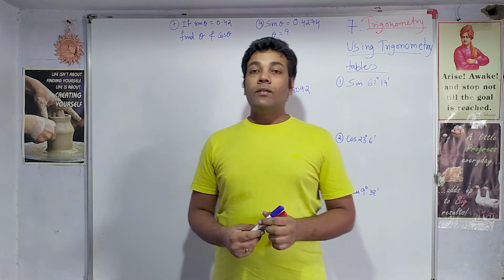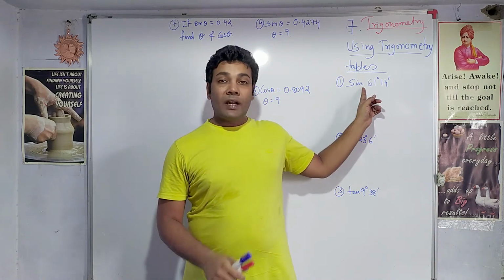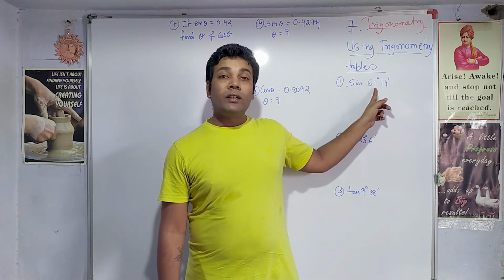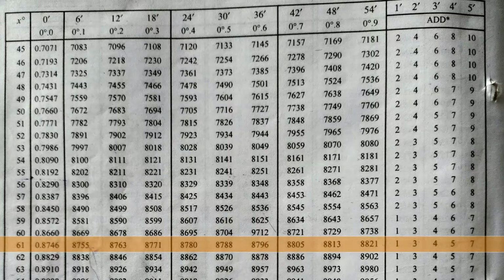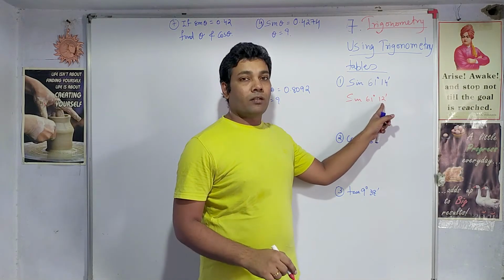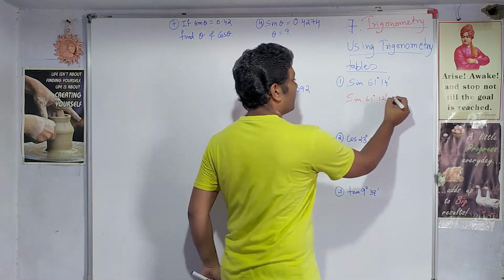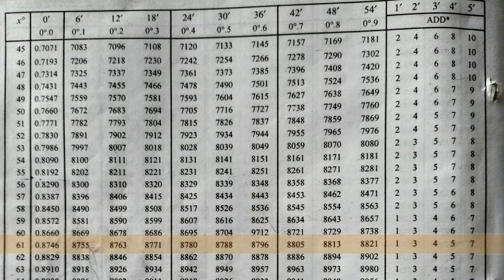Right? Now if you refer to the tables and go to the sine table, go to the 61 degrees. Right? 14 minutes alongside, but 14 minutes is not there. The available is 12 minutes. So let us write down. We have 61 degrees and 12 minutes available. We don't have 14 minutes. So write down its value first. Correspondingly, right? 61 degrees, 12 minutes. Its value, if you write down, that value can be found out as